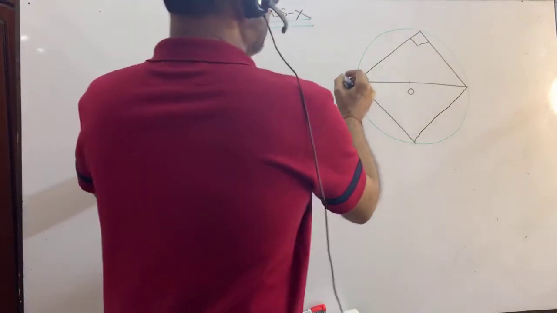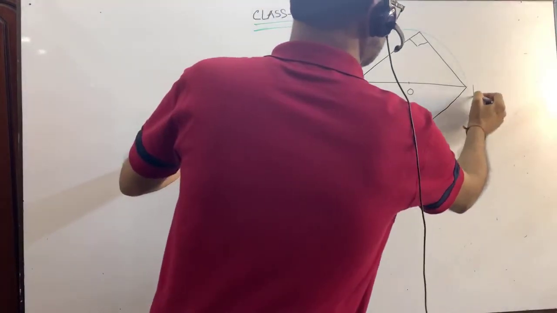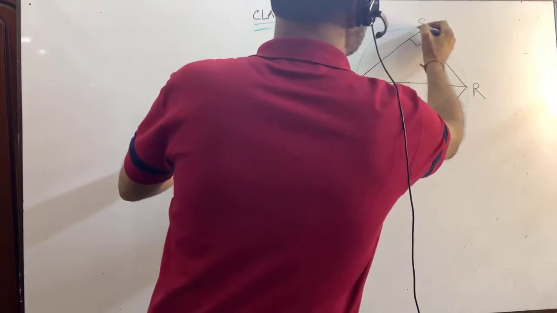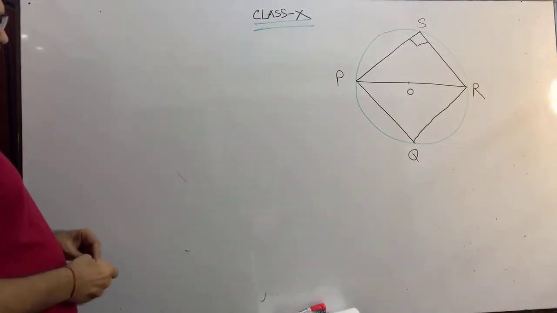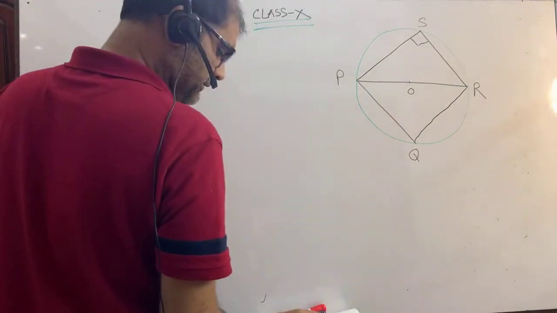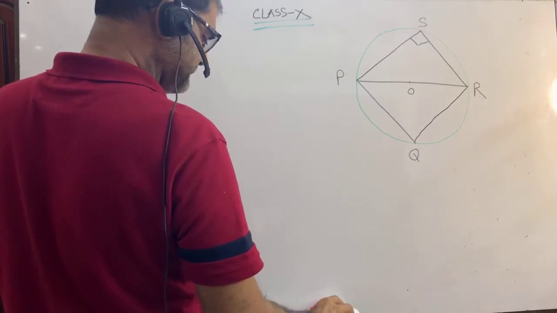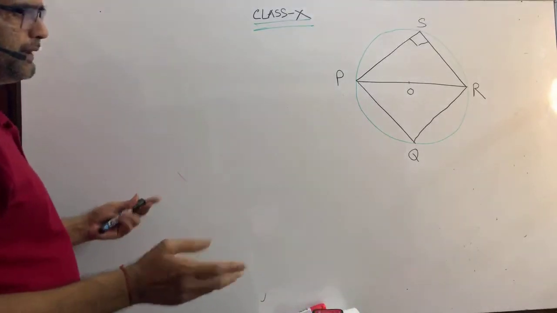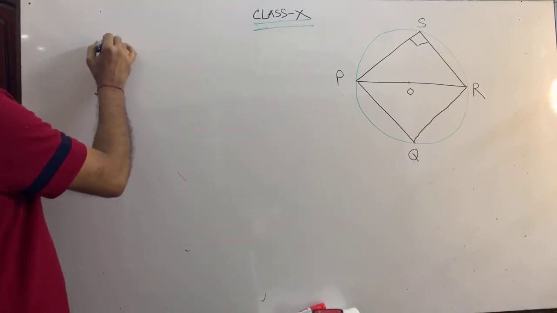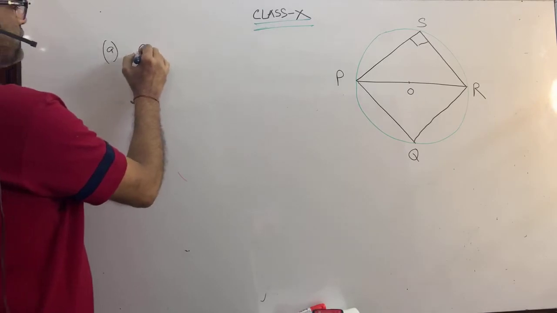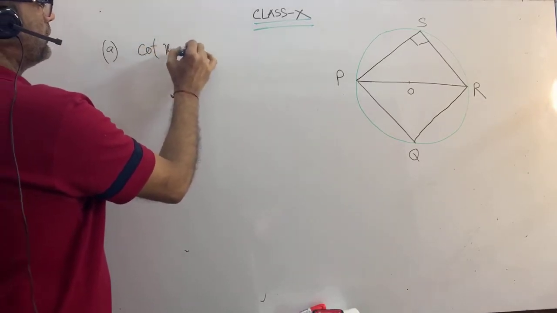Here it is P, it is Q, it is R, it is S. Now for any math, suppose it is given. Suppose question number A, cot x equals root over